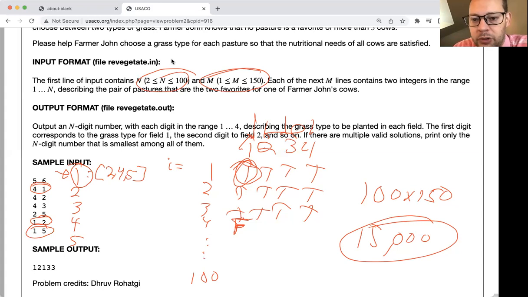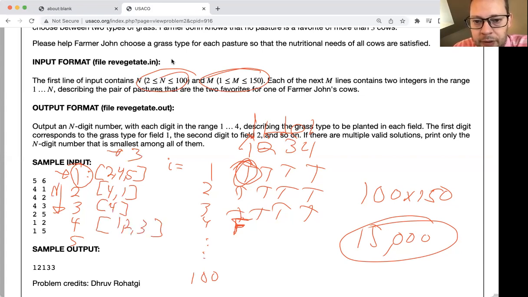If we were to build this adjacency list for each of the fields, then 2 is going to connect to 4 and 1. And again, this is just basically a 2D array. There's nothing fancy happening here. This is at most a size 3, and this is going to be a size n. So field 3 has only 4. Field 4 has 1, 2, and 3, and field 5 has only field 1. If you set it up this way, then this becomes a linear time solution instead of an n times n solution. Now, this optimization is not necessary, but if you are feeling like it, this is a good practice